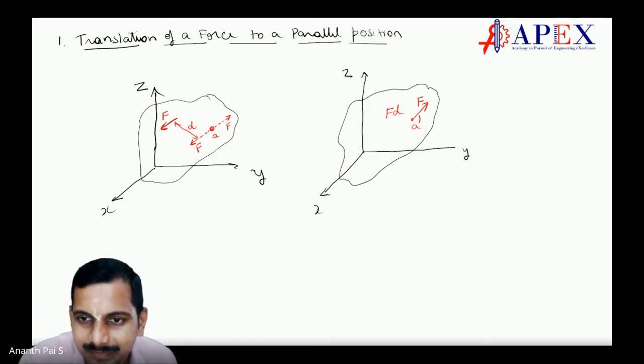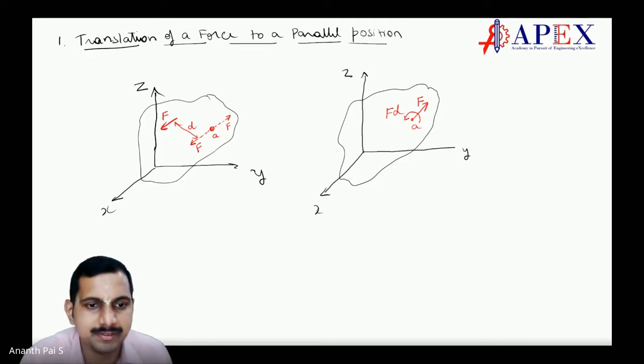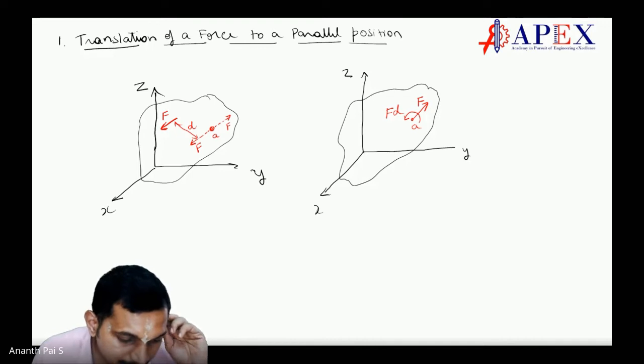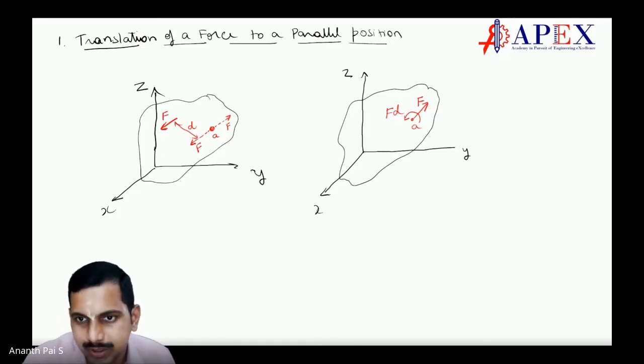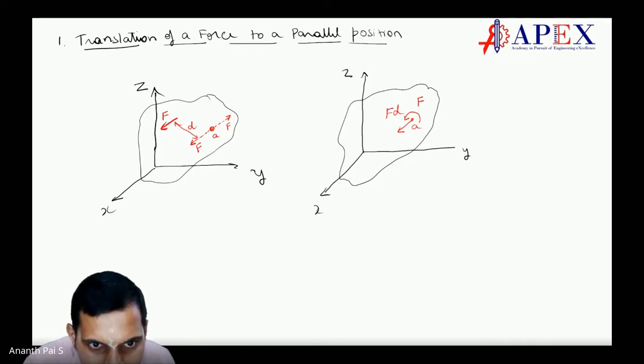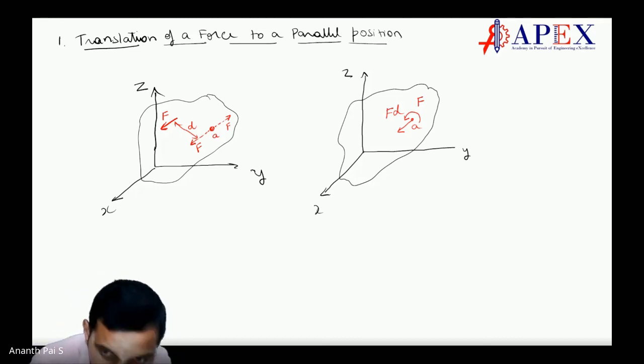Direction reverse. Yes, it is going in the other direction. Correct. So that's how the things can be done. Even the force is in the reverse direction. Why? Because this force and this force produces the moment, right? This force and this force produces the moment. So the force also has to be reversed.